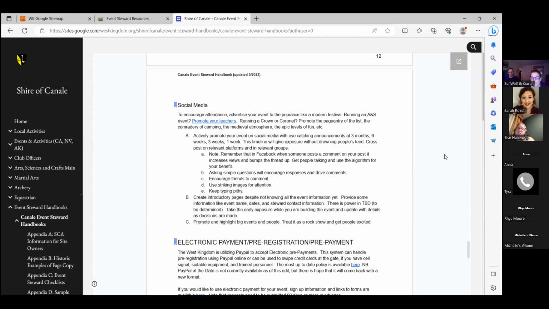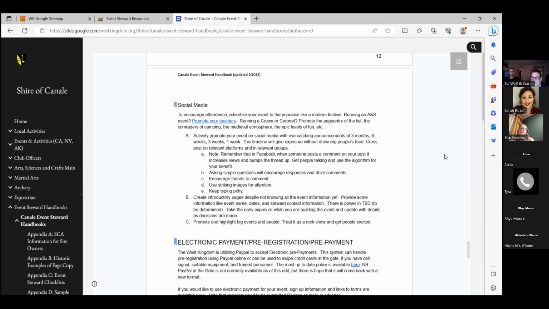I'm focusing in a lot on events that the royalty may or may not be involved with. Sometimes your royalty, if you're doing something that's, say, a crown, coronation, investiture, coronet, one of those things, or a baronial event, you've got the royalty to help out with some of the promotion. But a lot of what you have to do is sort of herd the cats and everything in line to make it simple. So for anybody who's going to come through and follow this guide for